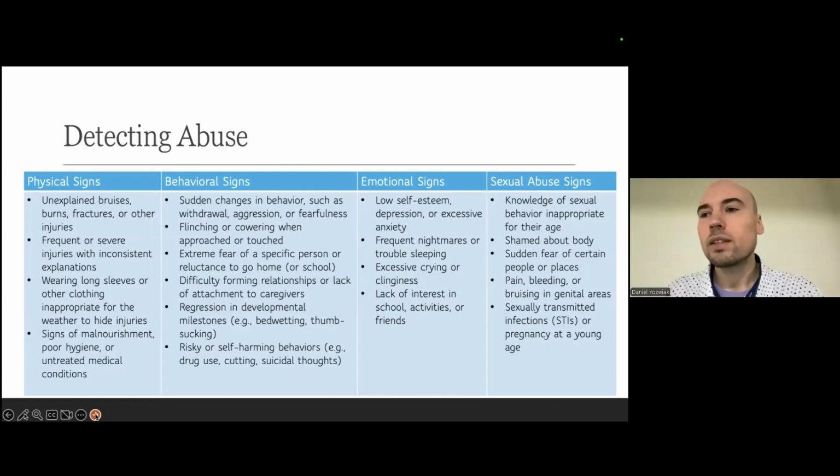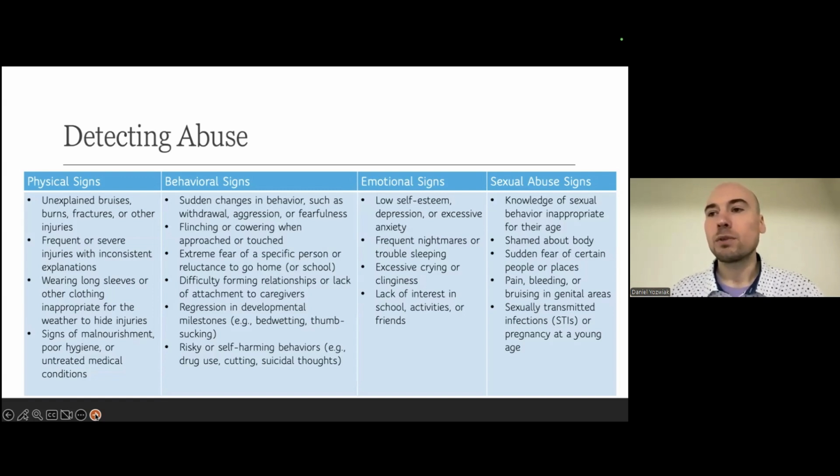Sure, sure. So I would say the top two things I see in terms of physical signs are, of course, those unexplained bruises, burns, or fractures. What we've been seeing a lot of is a child will be at the doctor's office being treated for something, will undergo some testing, and then the medical professional will observe an underlying fracture, an underlying physical injury that is in the state of healing. And when the parent is asked about it, they can't explain it. And then further assessments are done to determine exactly where that came from. And in the worst of scenarios, we find out that it's due to prior physical abuse.